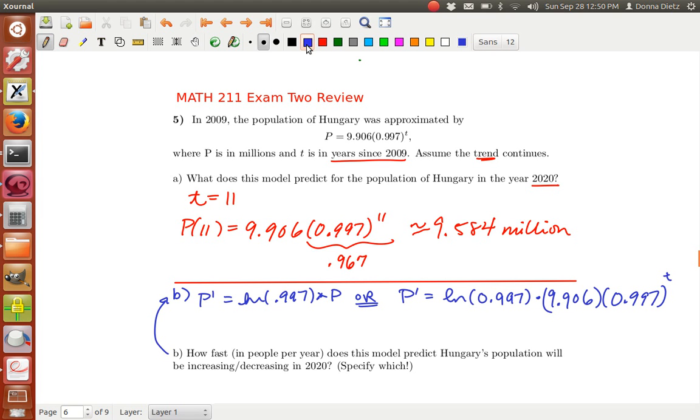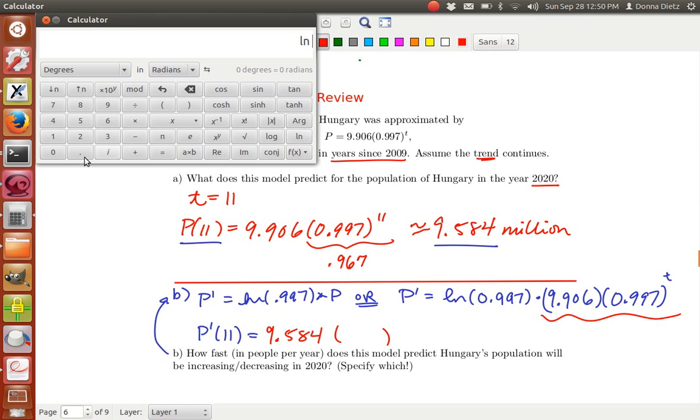Now I want to go ahead and say P prime of 11. And see, this is the reason I wrote it this way. Since we already just figured out P of 11, and we know that all this stuff here is just going to be P of 11, I'm just going to copy it down. 9.584, and then I have to multiply it by something that's natural log of 0.997. And that's